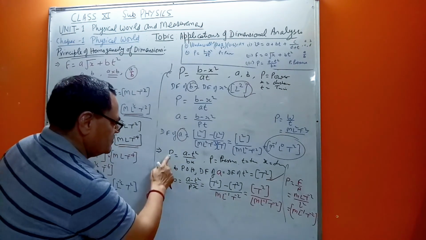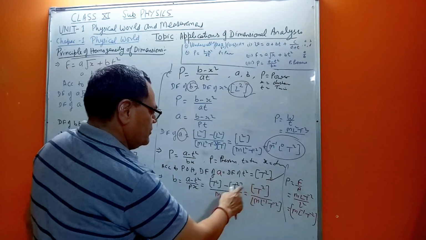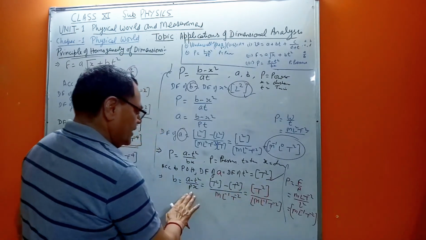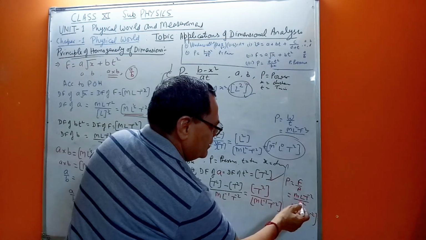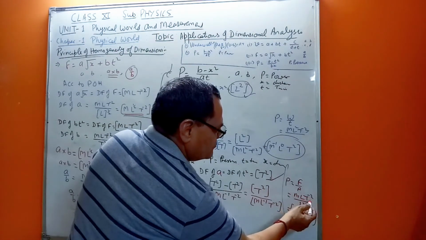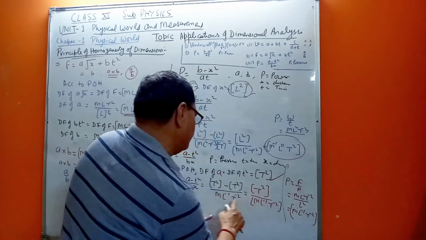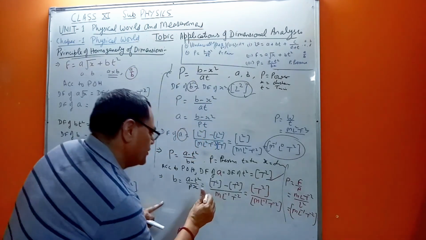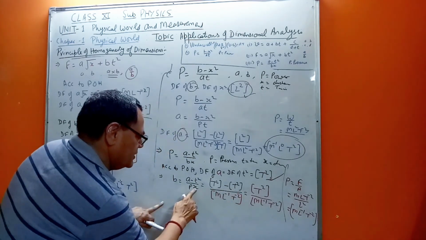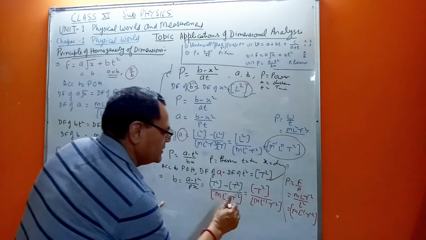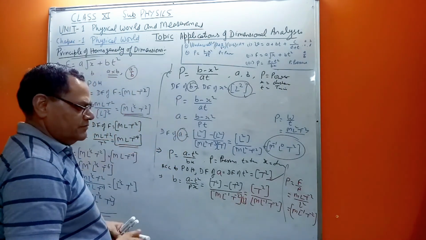And that of B is, the moment we take pressure here, A minus T square, A we got T square, so T square minus T square is fine. And for P, pressure, we were not knowing, so force upon area, right? So MLT minus 2 is the force and area is L square, so it becomes this. The moment you place this value of pressure, now there is an X as well. X is nothing but L. This was left basically with us.